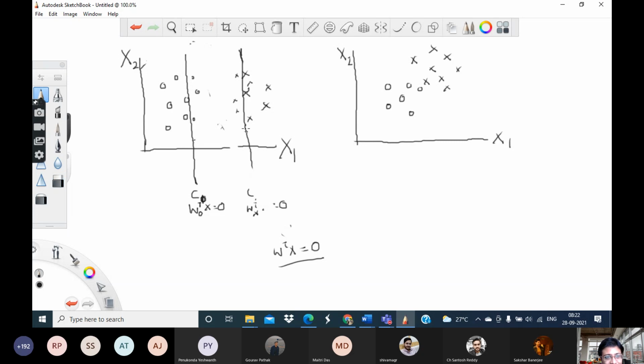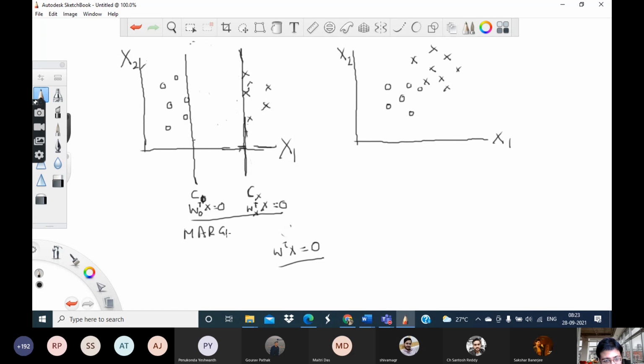So as you can see, the first one basically just defines the maximum limit of the circle points. It makes sure that all the circle points are correctly classified. On the one which we call C cross, on the other hand, that makes sure that all the cross points are just about classified. Okay. So these two classifiers, or these two hyperplanes, we call the marginal classifiers of their respective classes.